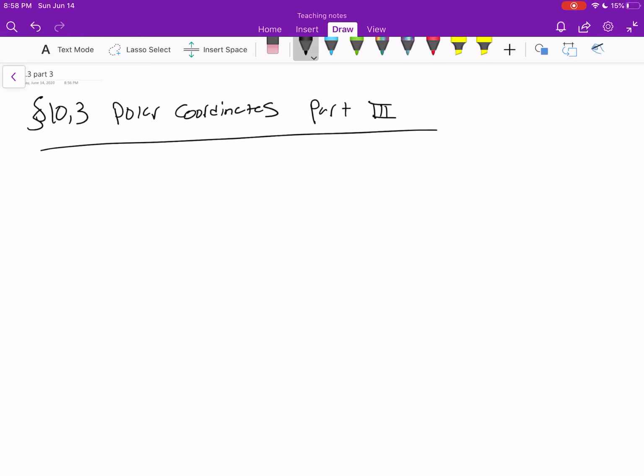So this is going to be part 3, section 10.3. We've been talking about polar coordinates, and now we're trying to relate this all back to Cartesian coordinates that we know. So just like